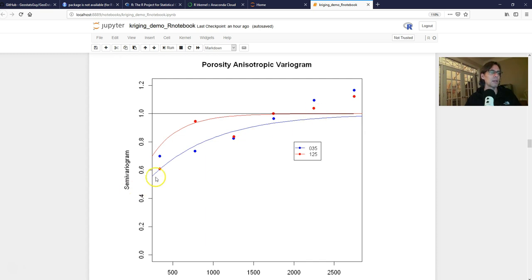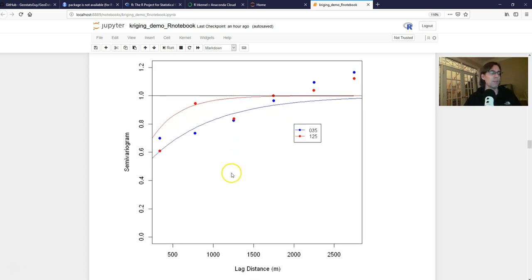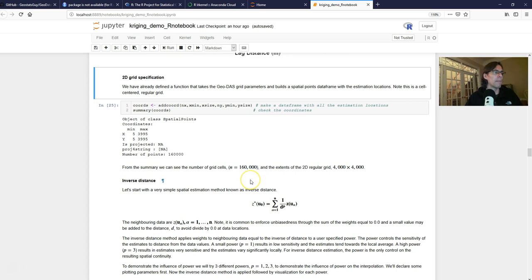Experimental blue points. The variogram model has a 2-to-1 horizontal anisotropy ratio. So this would be twice the range as the minor, which is right here at 1, 2, 5. And it's in red with the red points. So we have that. Now what we want to do is build our grid that we can Krige or estimate